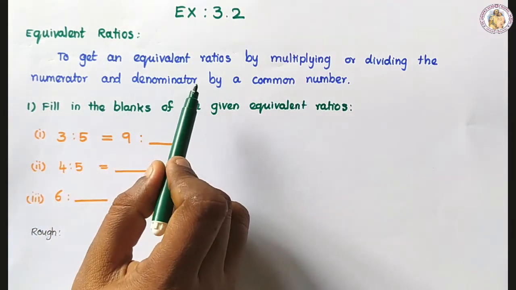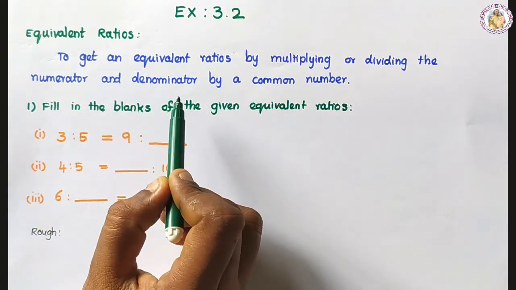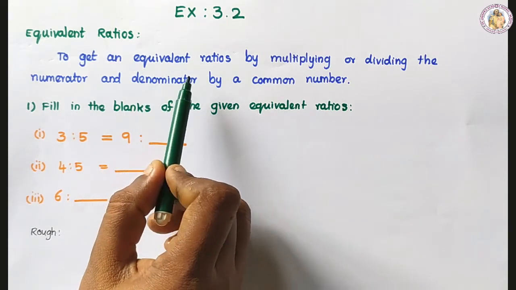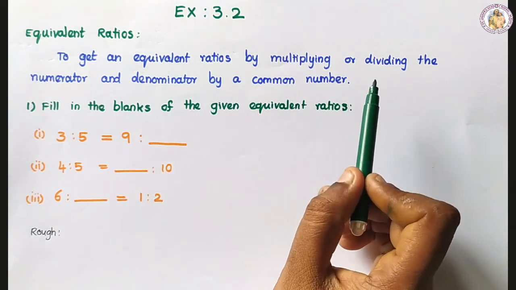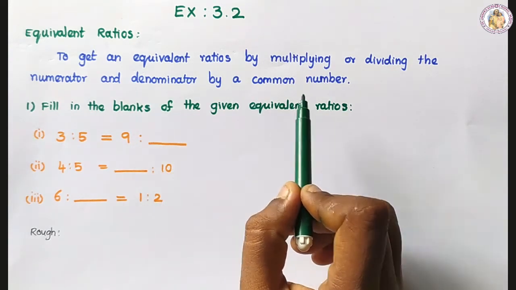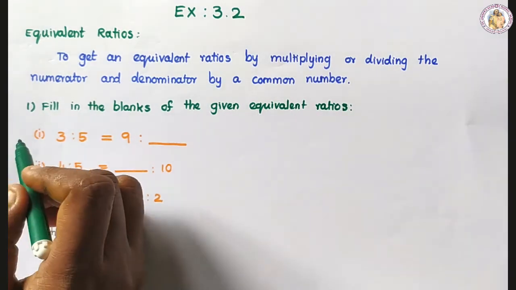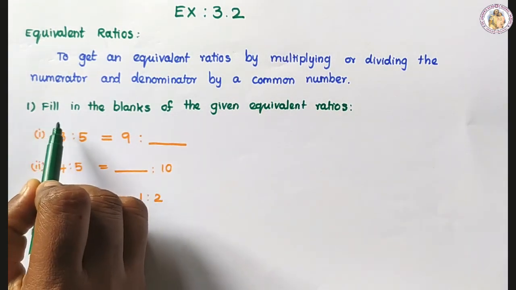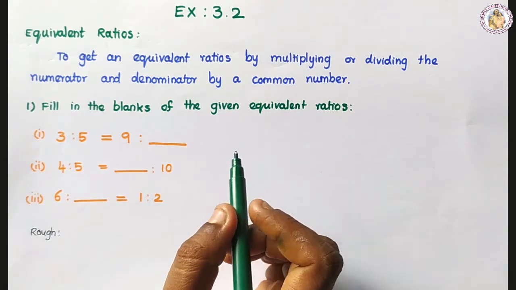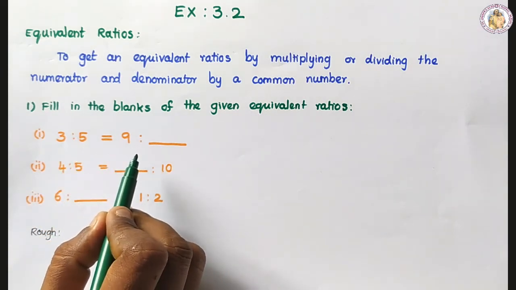To get equivalent ratios, multiply or divide the numerator and denominator by a common number. That is equivalent ratios. And then first question, fill in the blanks of the given equivalent ratios. Listen, 3:5 equal to 9: